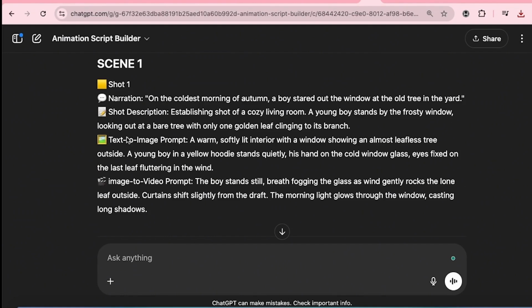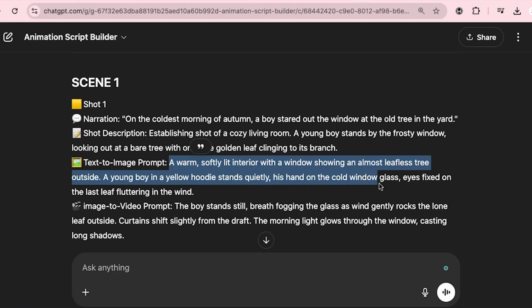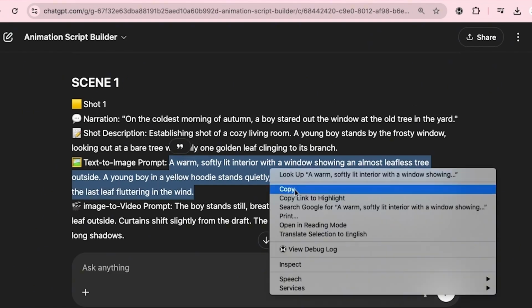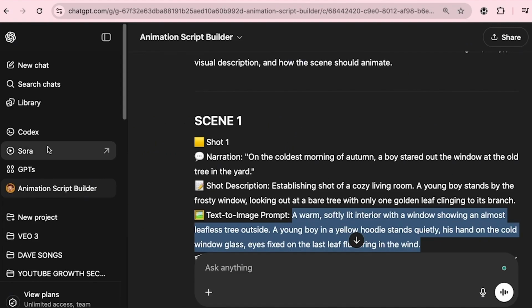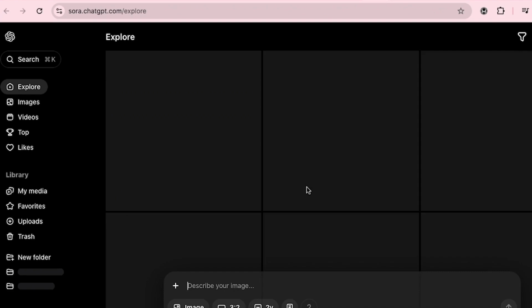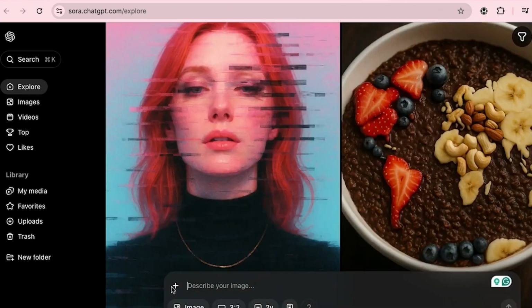So now let's copy out the text to image prompt. Once you copy out the text to image prompt, you come to the left bar, then you locate Sora on the left bar. Click on it, then it brings you here. You will see the plus sign from the Sora. Then you click on the plus sign